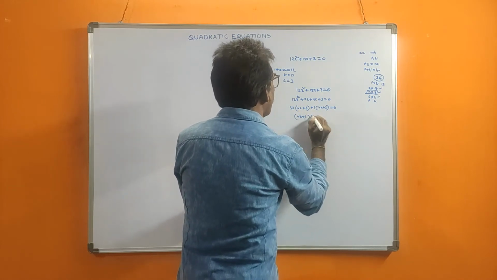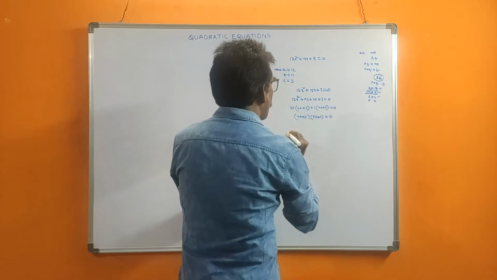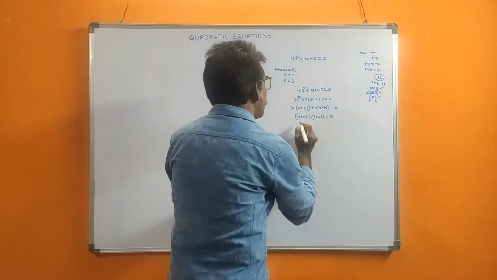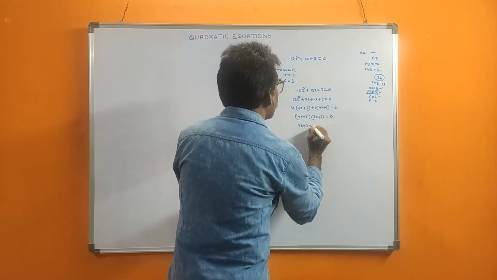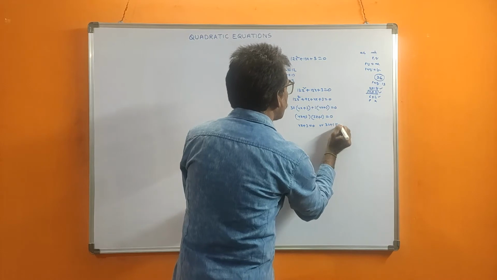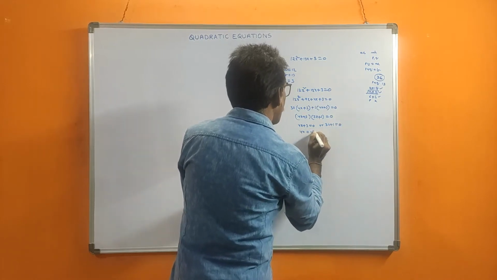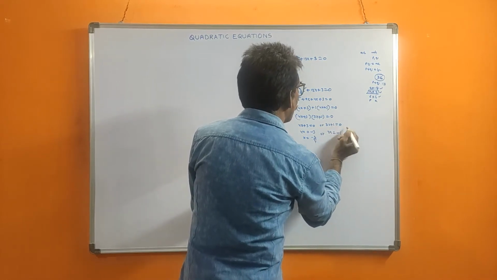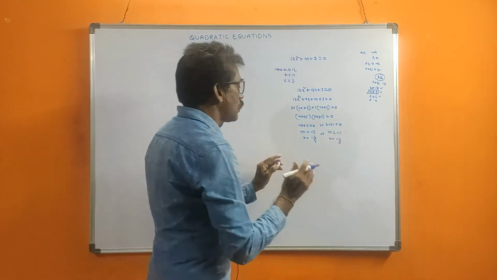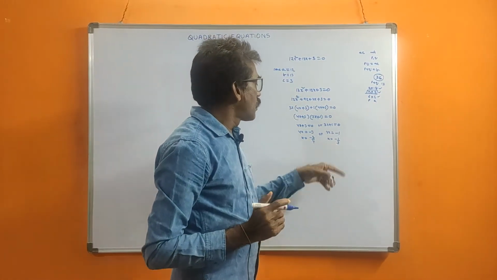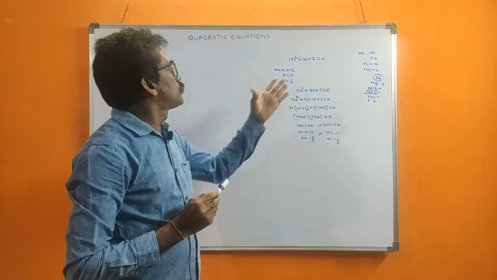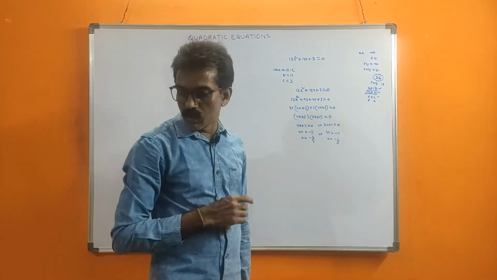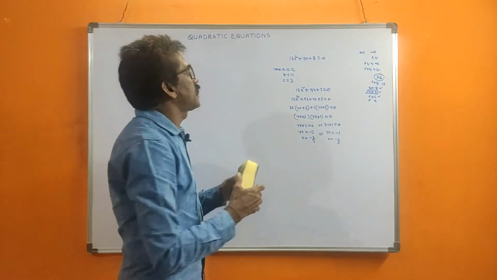So you take common, here 3x plus 1 left. Now, once factors come, two numbers whose multiplication is 0 means individually 4x plus 3 is equal to 0 or 3x plus 1 is equal to 0. Now 4x is equal to minus 3, so x is equal to minus 3 by 4, or from 3x is equal to minus 1, x is equal to minus 1 by 3. So the roots are minus 3 by 4 and minus 1 by 3. Like that, once you split into factors, we can easily find the roots. This is one method. This is called the factorization method.